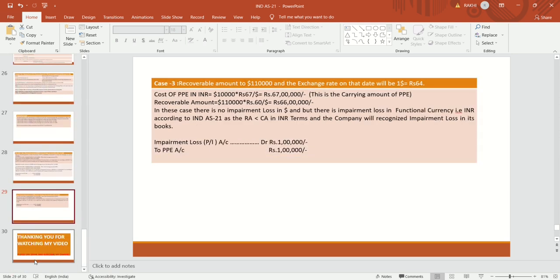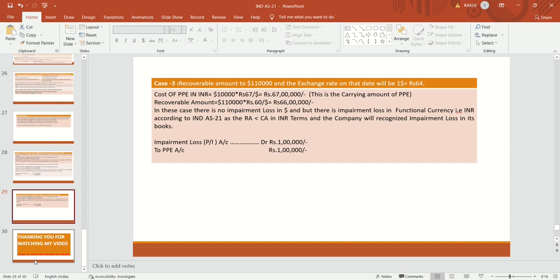In the third case, the recoverable amount will be 1,10,000 and the exchange rate on that date will be 60. In this case, after impairment testing, the recoverable amount in foreign currency has increased from 1 lakh to 1,10,000. But now we will check in functional currency. Now the cost of PPE in INR will be 67 lakhs, that is the carrying amount in INR,